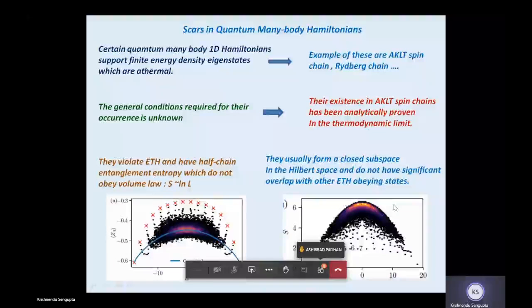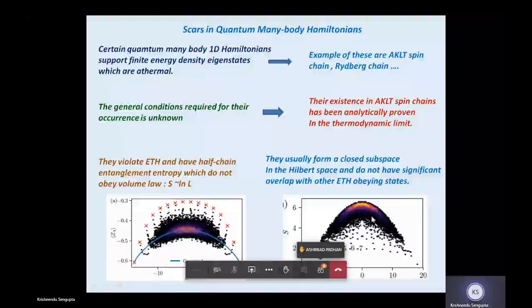If I just look at the center, which is around this 0, you see that there are a lot of states out here with very large entanglement entropy. Do you see that? Yes, sir. So what is the color showing here? The colors are not important. Just think of them as black dots, and that's it. This region is roughly what ETH is going to predict for the infinite size system. But this is a very finite size chain, so this color really doesn't mean much.